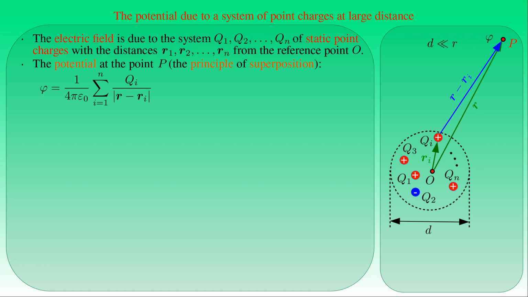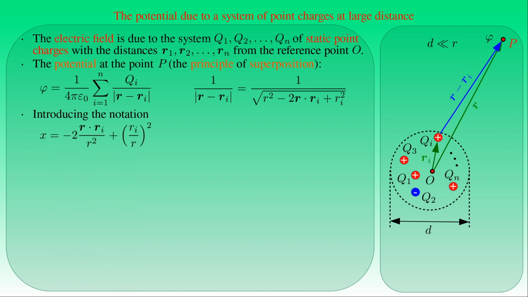1 over 4 pi epsilon naught, times the sum of the ratio of the charge qi to the magnitude of the difference between the position vectors r and ri from i equals 1 to n. Here 1 over the magnitude of the difference between the position vectors r and ri is given by 1 over the square root of r squared, minus 2 times the scalar product of r and ri, plus ri squared. By introducing the notation x for minus 2 times the scalar product of r and ri over r squared, plus the square of ri over r, we can write this fraction as 1 over r times the square root of